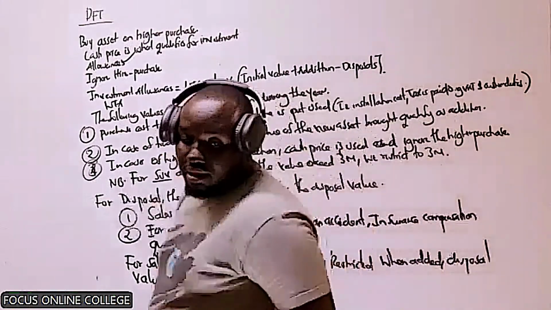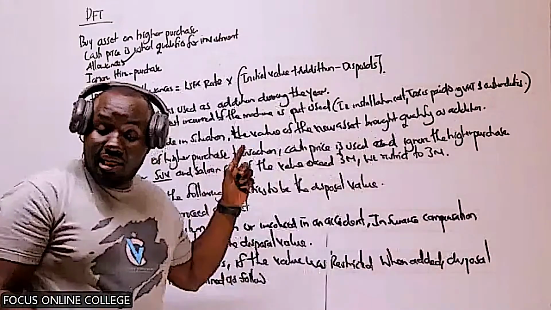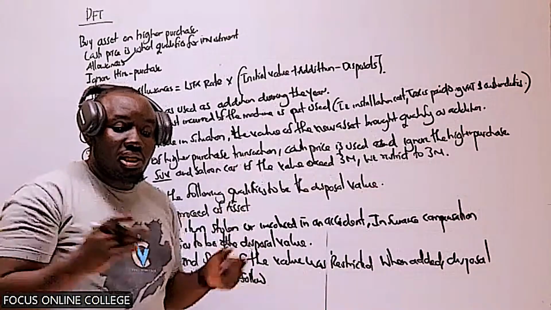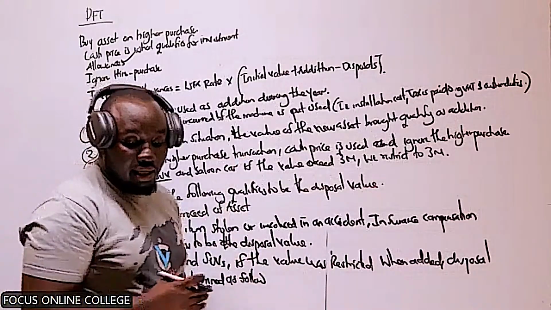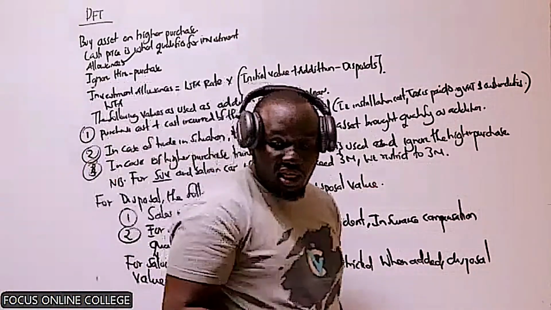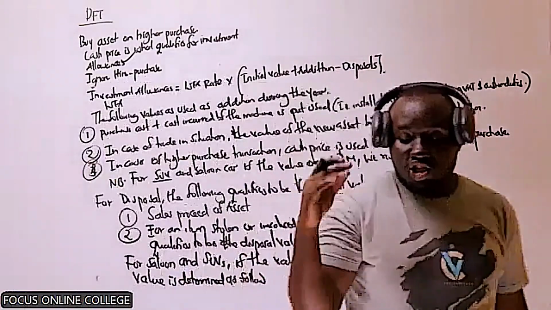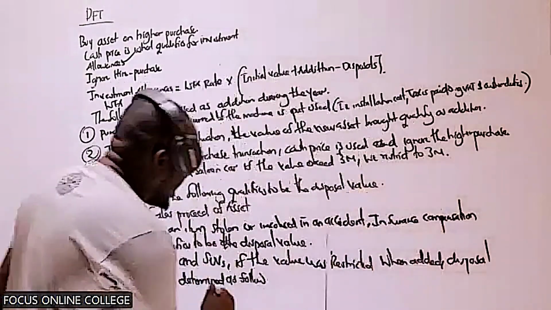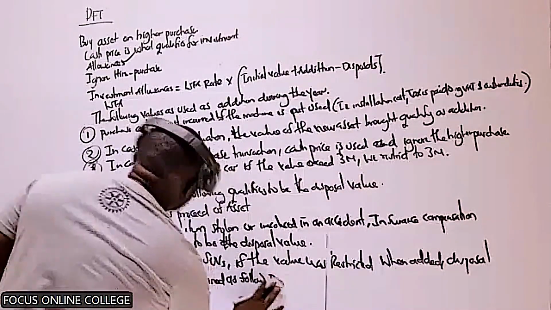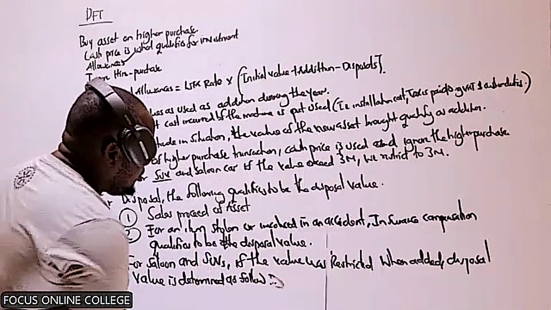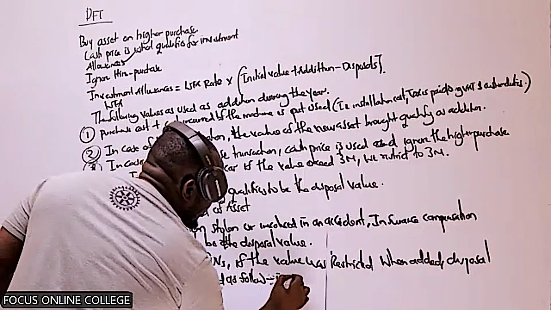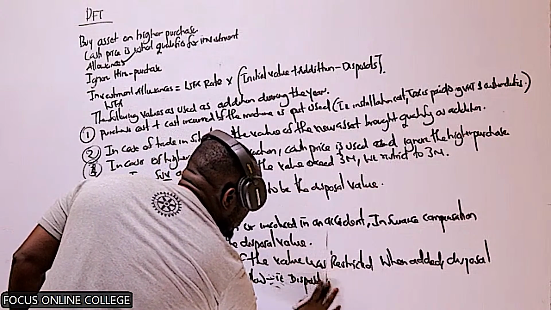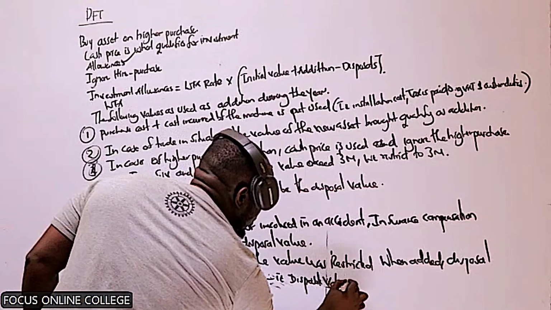I am saying that if when you're adding an asset, the asset was restricted, it therefore goes that when you're disposing, the asset should also be restricted. So how do we get the disposal value in that case? The disposal value should be